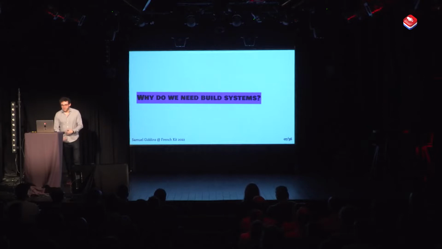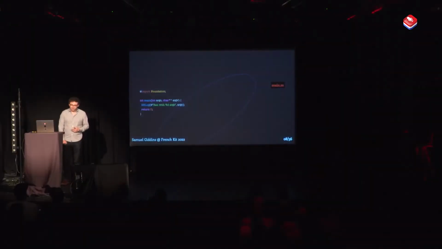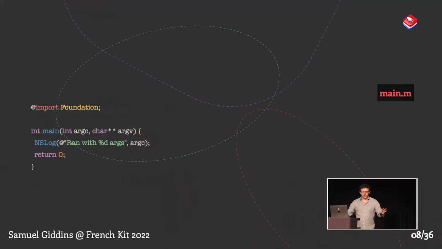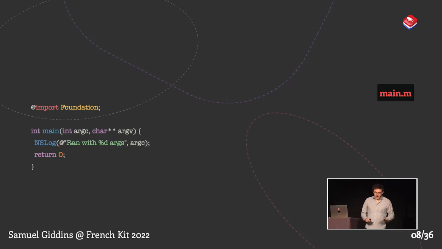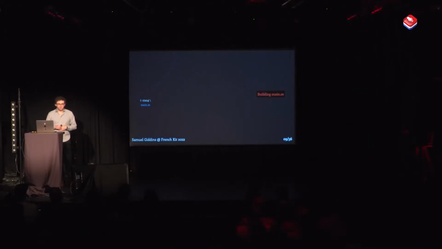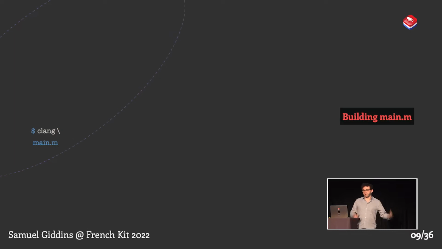So why do we need build systems? I'm going to quickly answer this question by example and trust that you'll be able to take this simple example I show and extrapolate it from your own experiences and believe that we do indeed need build systems. So here is our incredibly complex program written in Objective-C. This is like a world-changing program. It took me 30 hours to write. And so let's say that we want to build it and produce a command line program that we can run.